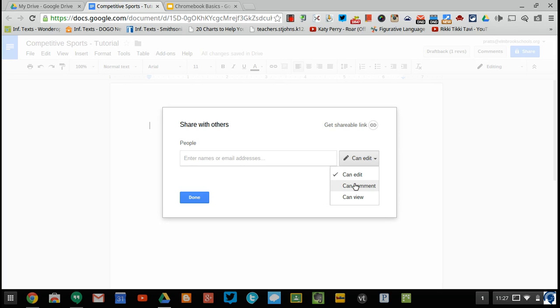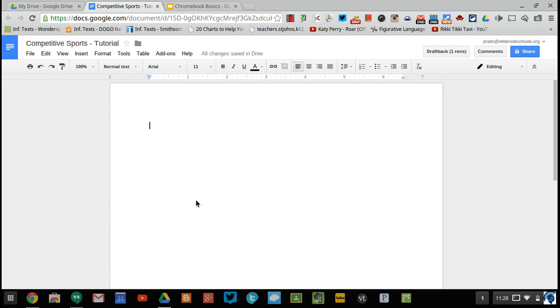And then the last option is view only. That means just that they can only view it. They cannot comment. They cannot make any changes. That would be a situation where if you're going to share a final finished document, you would share it so that it is view only and there are no changes that are made to it. The commenting feature real quick,